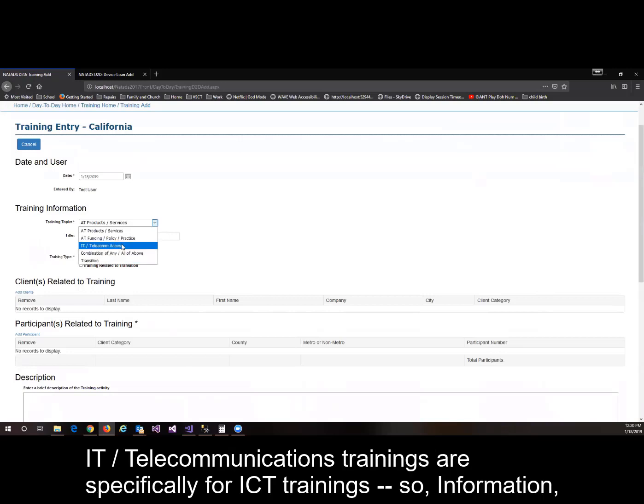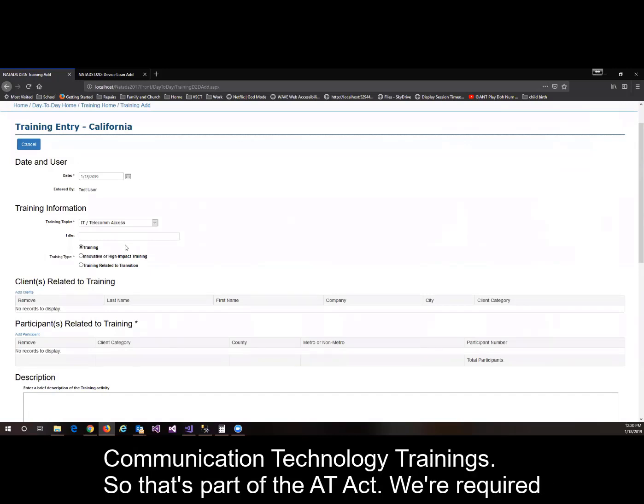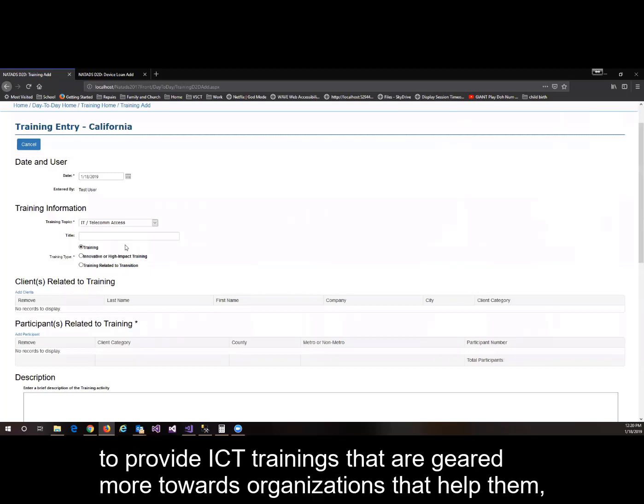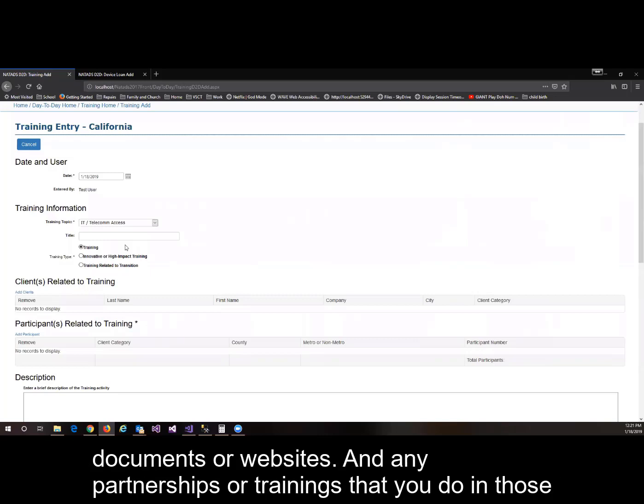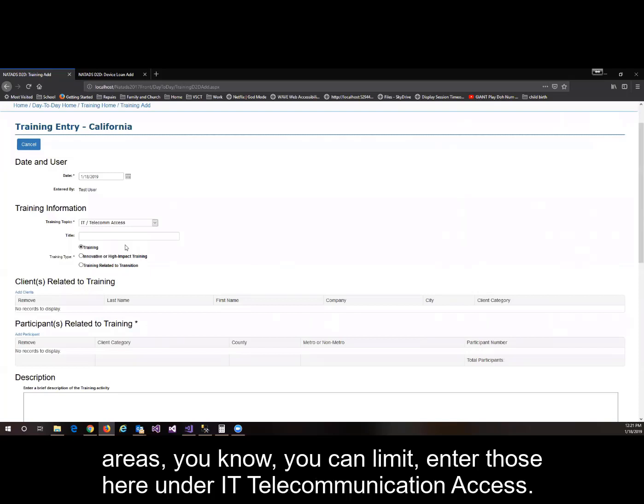IT telecommunications trainings are specifically for ICT training, so information communication technology training. So that's part of the AT Act. We're required to provide ICT trainings that are geared more towards organizations, that help them develop policies or practices to produce accessible PDFs or Word documents or websites. And any partnerships or trainings that you do in those areas, you can enter those here under IT